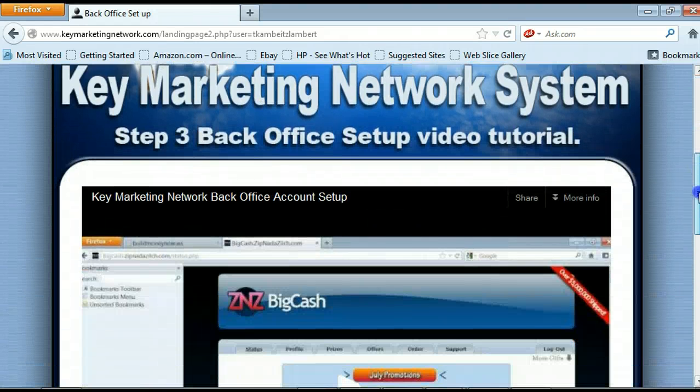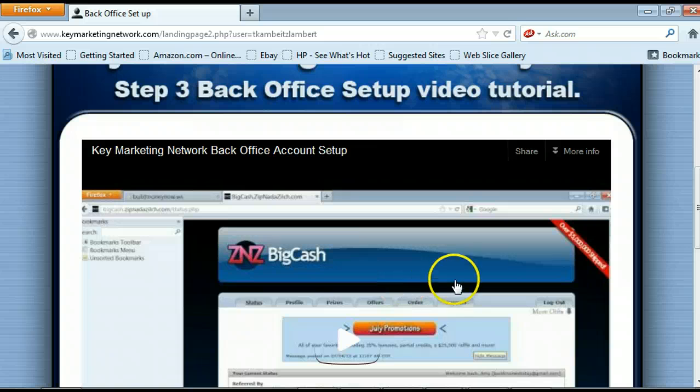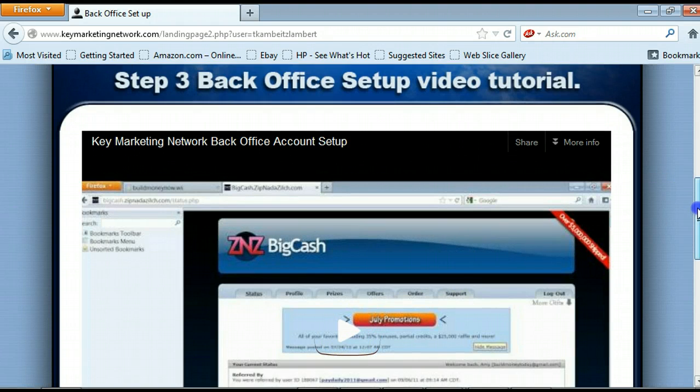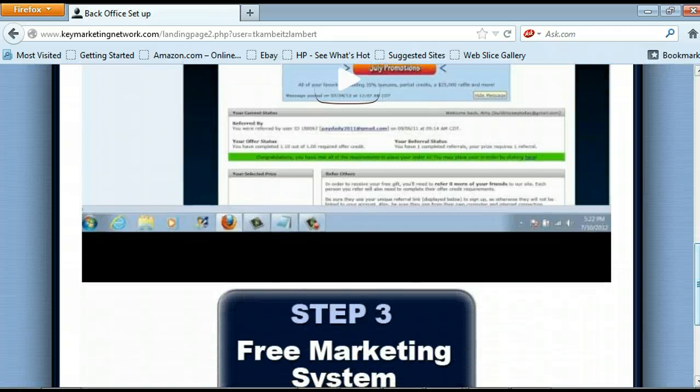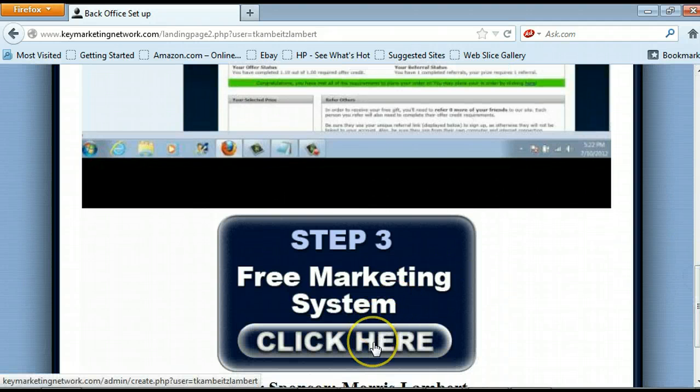And there's actually a video here that walks you through how to set up your back office. You just click play and it'll walk you right through it. Our goal with this video is just to help you get a better understanding of how to set it up, and in hopes that it's just a little bit easier to follow. So you click here